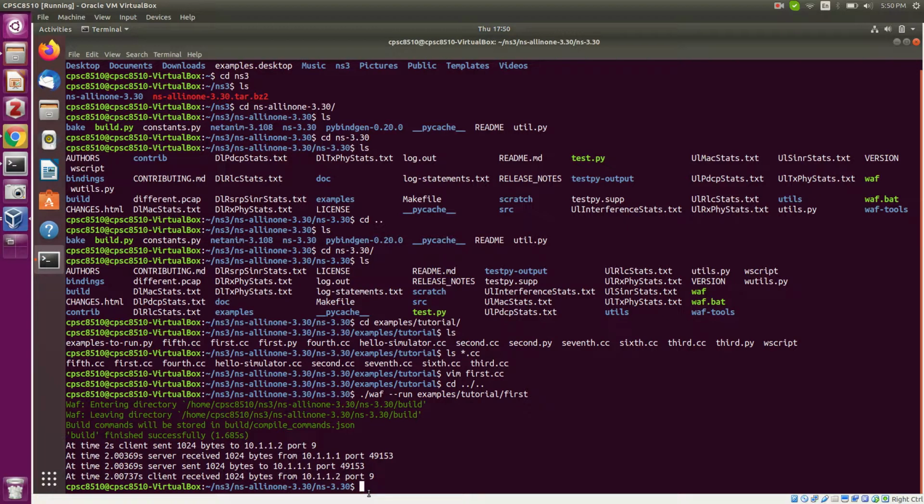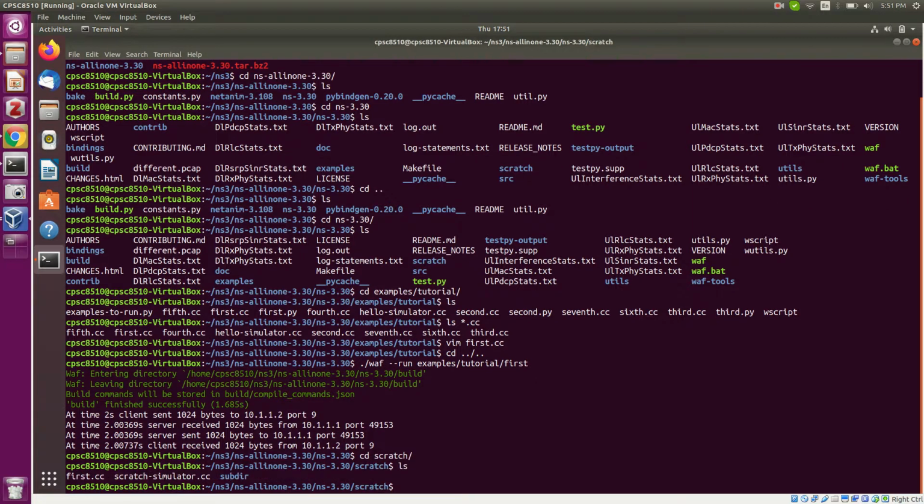Now in examples, the code that you look in, you can modify it there, but better practice is to use the Scratch directory that's provided to you. So NS3 comes with a Scratch directory in which I have copied first.cc. So let's say the code I want to modify and build upon is first.cc. I can copy it from examples tutorial first into the Scratch directory like I did here, and now I modify it. What this does is it creates a modified version of the code without changing the original source file, which you might need to refer to later.